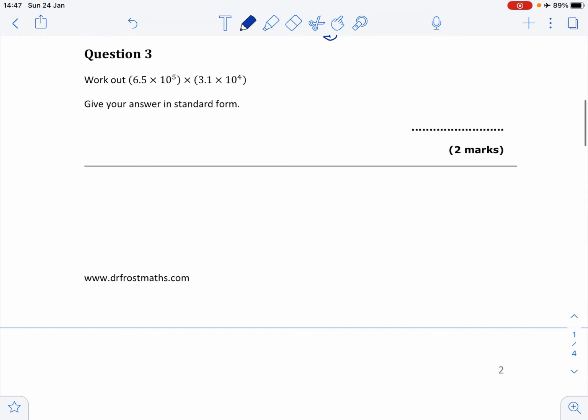Question 3. We're asked to work out this solution and give your answers in standard form. So all we have to do is type this into our calculator. So 6.5 times 10 to the power of 5 multiplied by 3.1 times 10 to the power of 4. You should get the answer straight away from your calculator. And this should equal